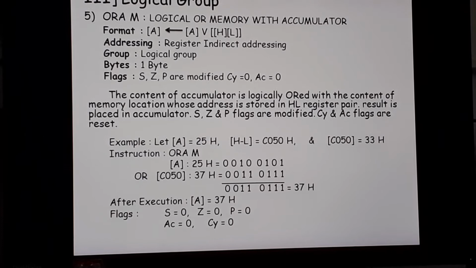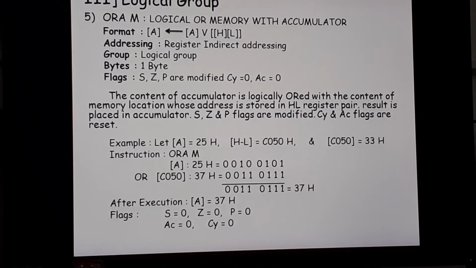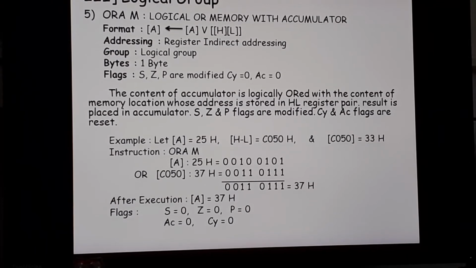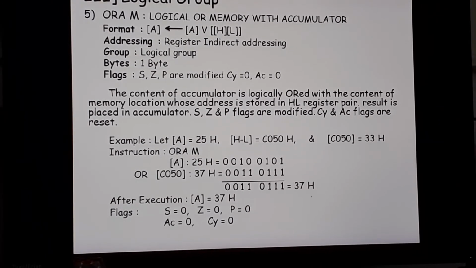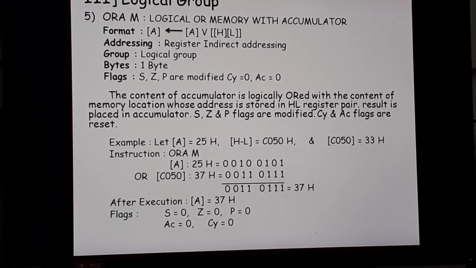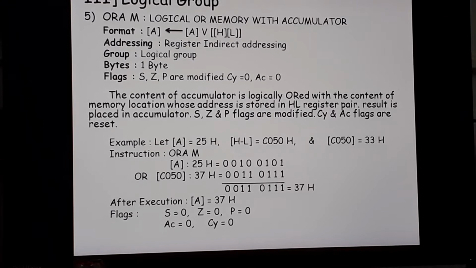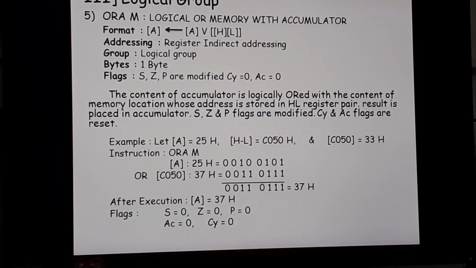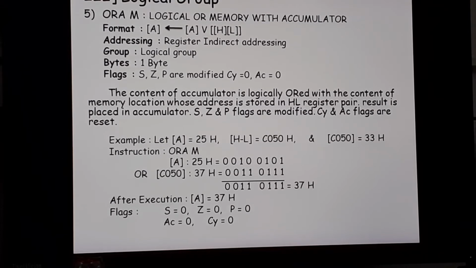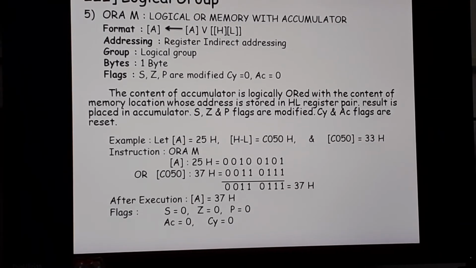So for the OR instruction, there is a little change which I have not mentioned in this particular slide. The format that I have written here is A XOR. For XOR, there is a cut in that V. Whenever I have written the V in between A and HL, you will make a cut in between the V, which stands for XOR. The symbol for XOR is V with a cut in between. And for OR, sorry, this is for OR operation.